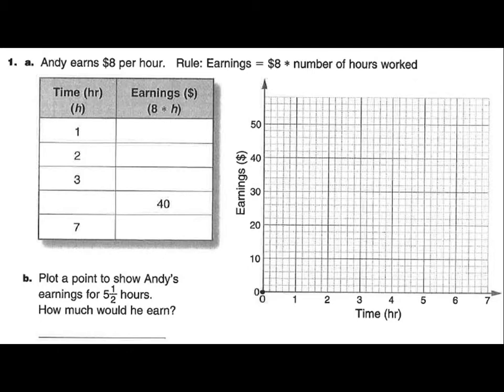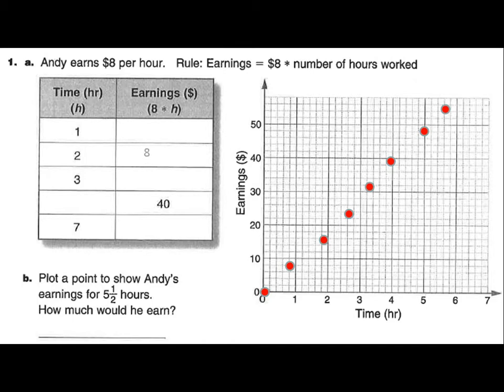Andy earns 8 dollars per hour. Earnings equals 8 times number of hours worked. Basically the same thing, but fewer numbers, and you have to find a number. So the first one would be 8. Next one would be 16. Next one would be 24. And this one you have to do 40 divided by 8, so it'd be 5 right here. And then 7 times 8 equals